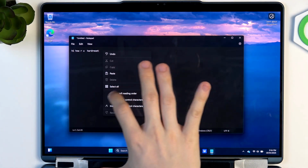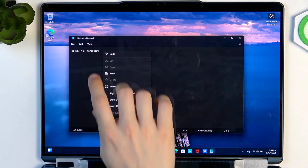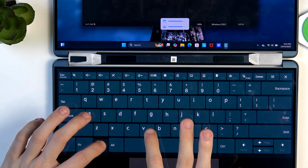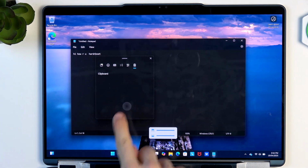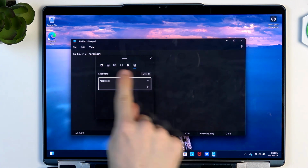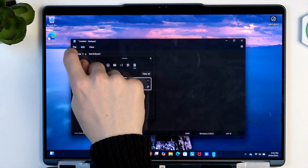So I don't think it's available by pressing and holding, but if you use the keyboard, then you can click on Windows and V, and it opens a clipboard. And if you open it for the first time, first you need to turn it on. And what it does, it'll save the history of your copied items. So now you can see I have only this most recent item, but if I select